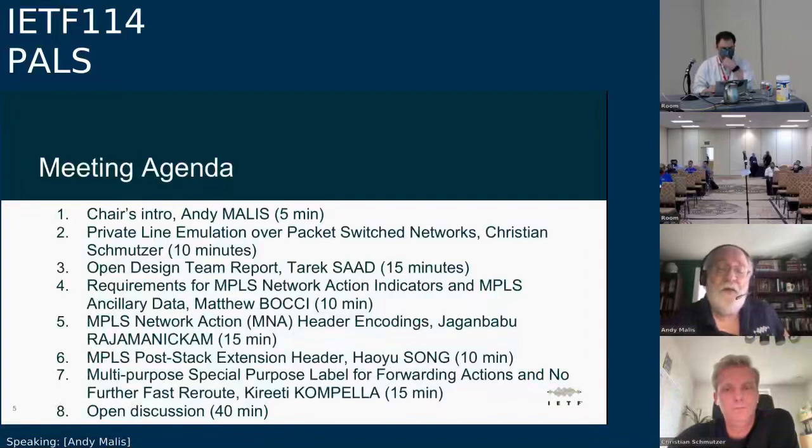So this is the more detailed agenda. I'm not going to go into this in great detail because it's available online. It's also available in the note taker tool. So if you just open up the note taker page, you'll be able to see this as well. So I'm not going to keep this open right here.